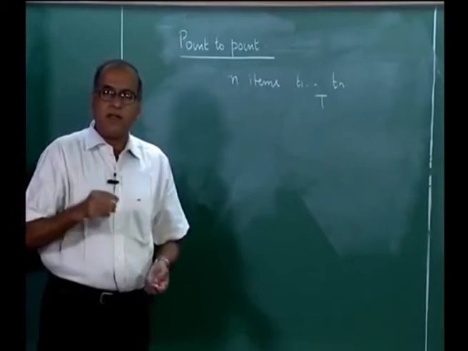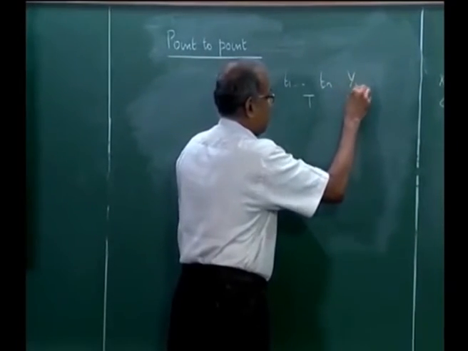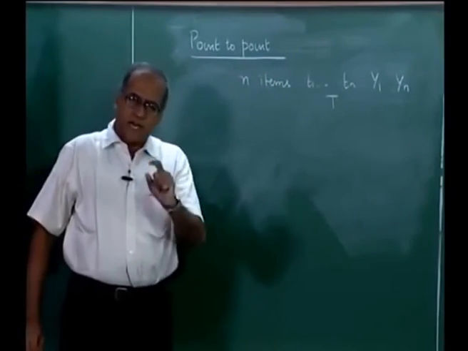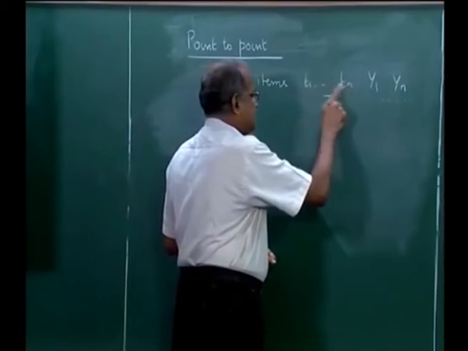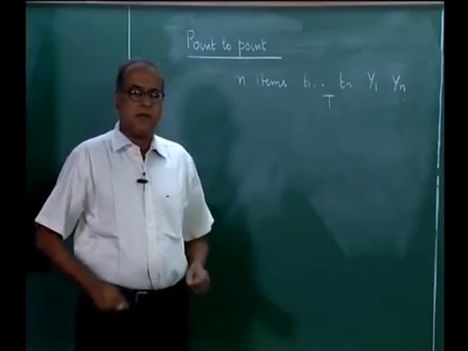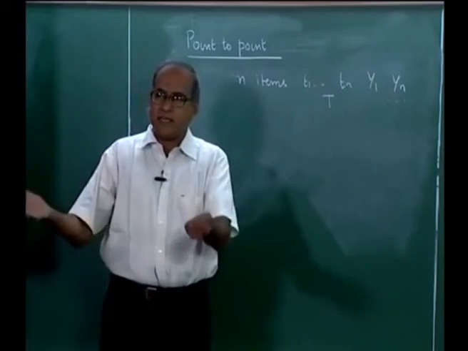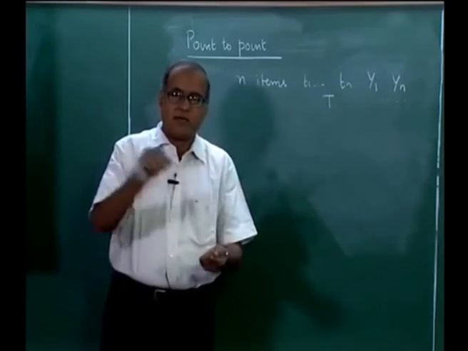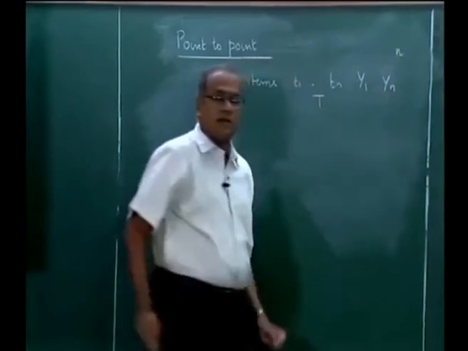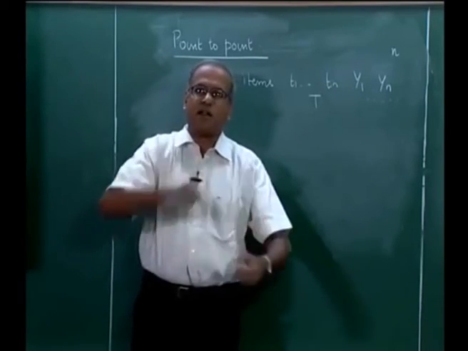Now, we want to minimize the number of bins. So, we will assume now that y1 to yn represents the number of bins that we have. It is fairly obvious that if each of these is smaller than t, which is not a bad assumption, then since there are n items, we can take n bins and put each item into a bin. That would give us a solution with n bins, but that is not what we want. We want the number of bins to be as small as possible.